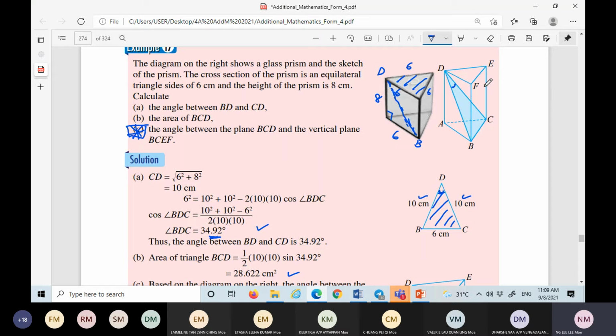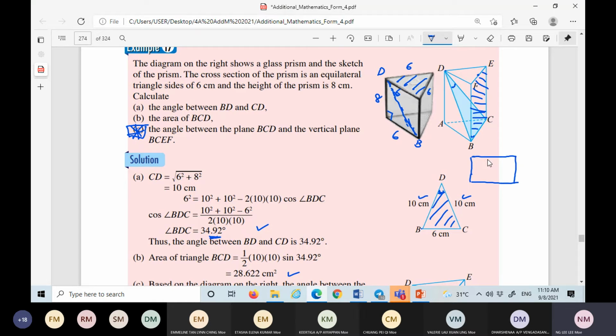Wait, where's my pen? Oh, okay, sorry. BCEF is here, the vertical plane, the one standing up. And then this one slanting a little bit, BCE. So you see or not? Here and here. When you open up,